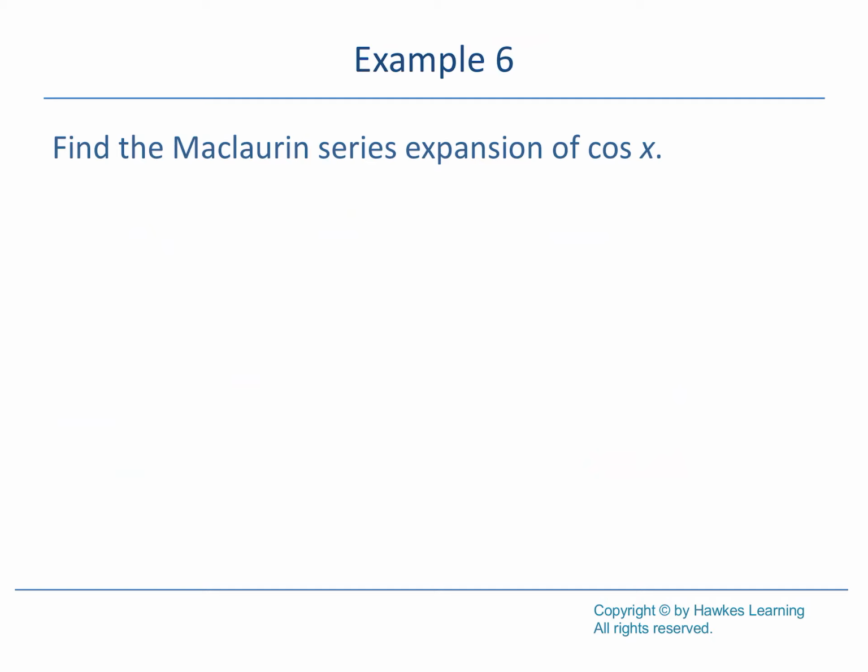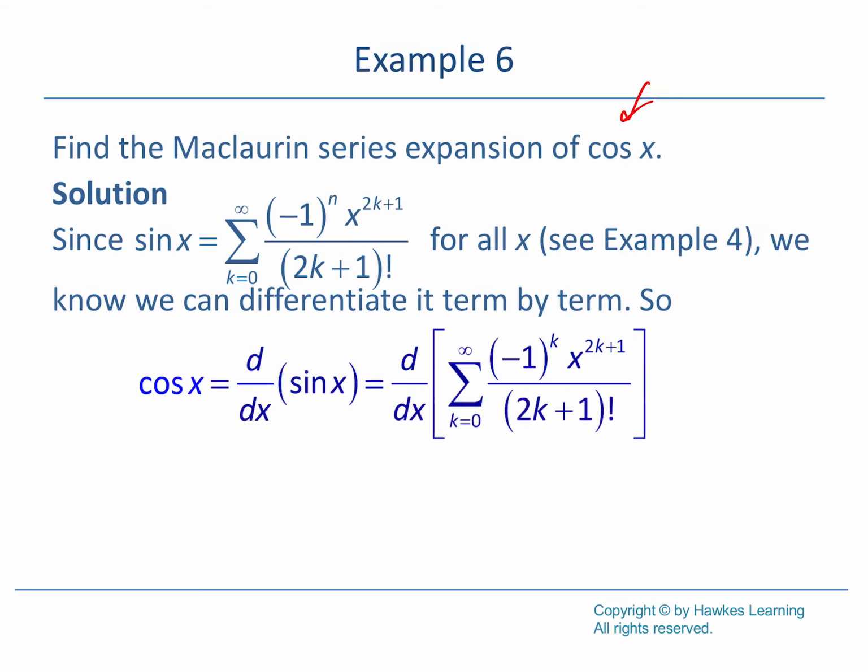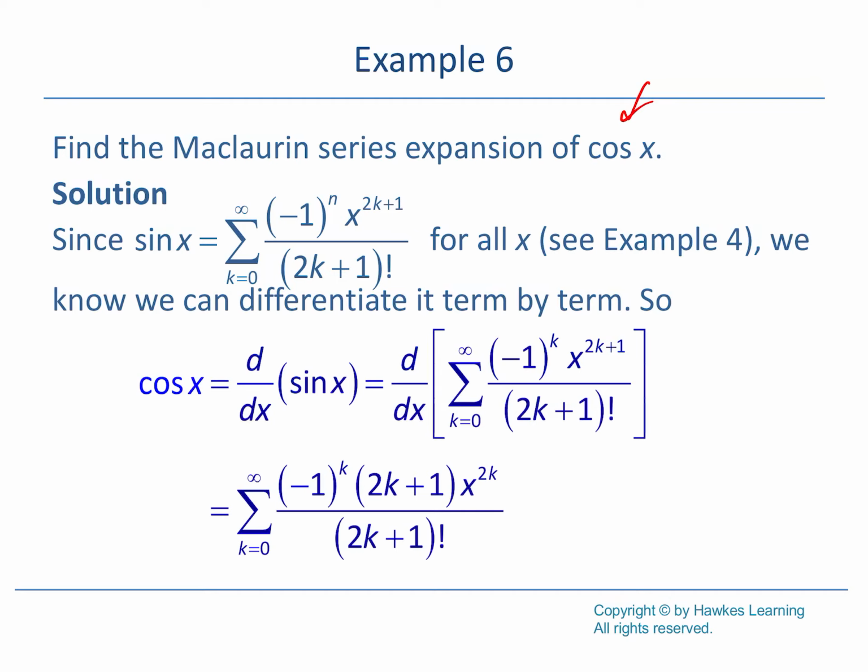Okay. Maclaurin series expansion of cosine of x. We've already done sine of x, and we could make the expansion of cosine of x based on first principles, but what about if we just take the derivative of sine of x? So here we look at the Taylor series of sine of x. We differentiate it term by term, and we get this. This one is a lot of gobbledygook to look through. But this one ends up being,